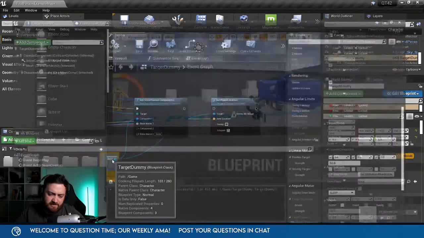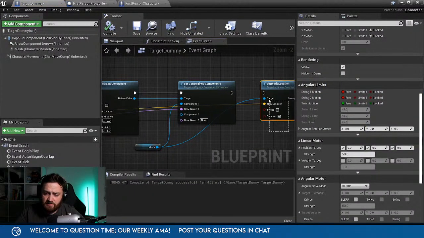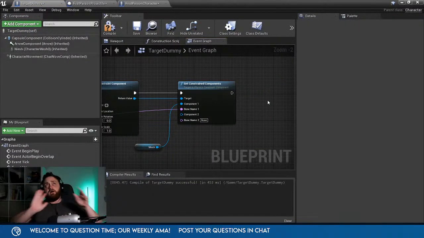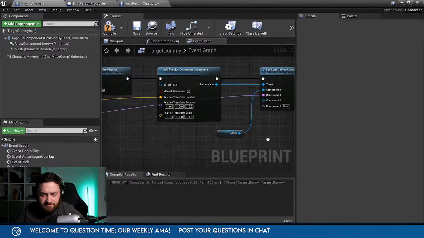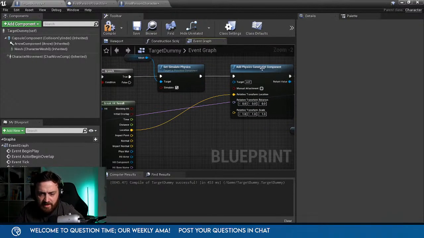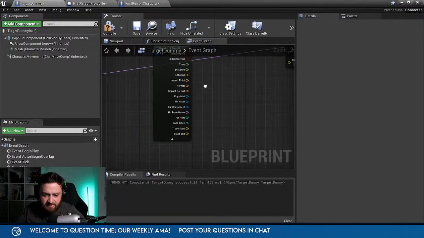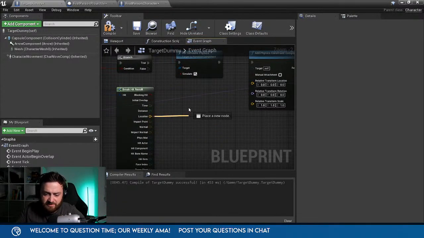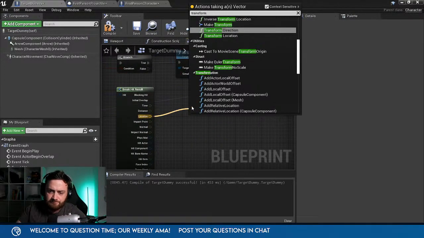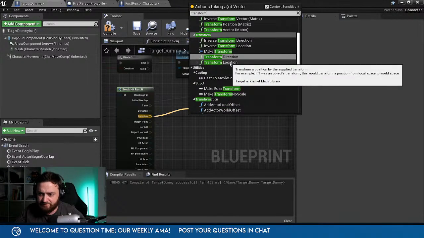Okay, so I think there's something going wrong with the cancellation between world location and local location. Ah, that's why. Relative transform, that's why. So I need to take this location here and transform it from a world space to a local space.